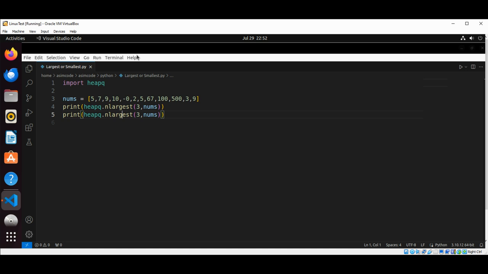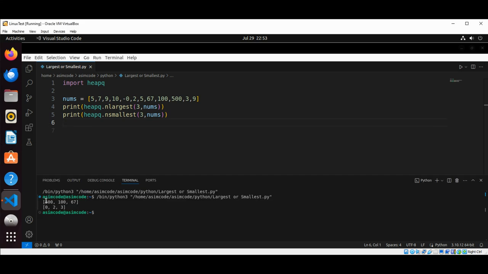and same thing we are going to do for the smallest. We are going to use n smallest function. We can just run the code and check the output, and here is the largest number list and the smallest